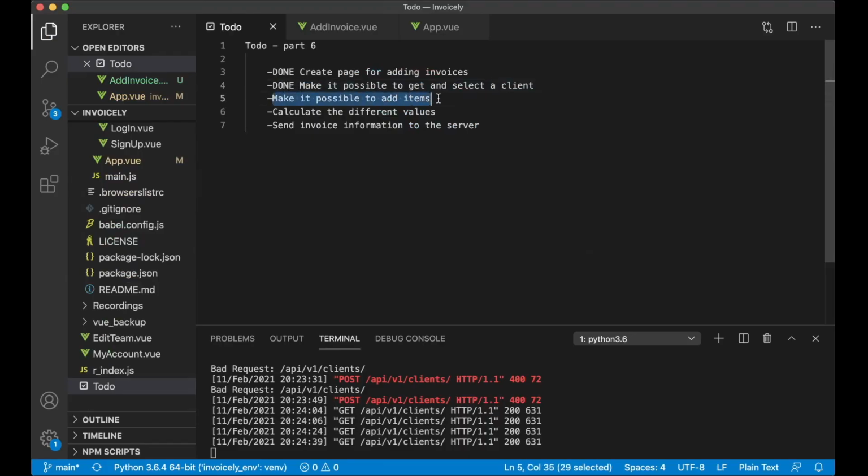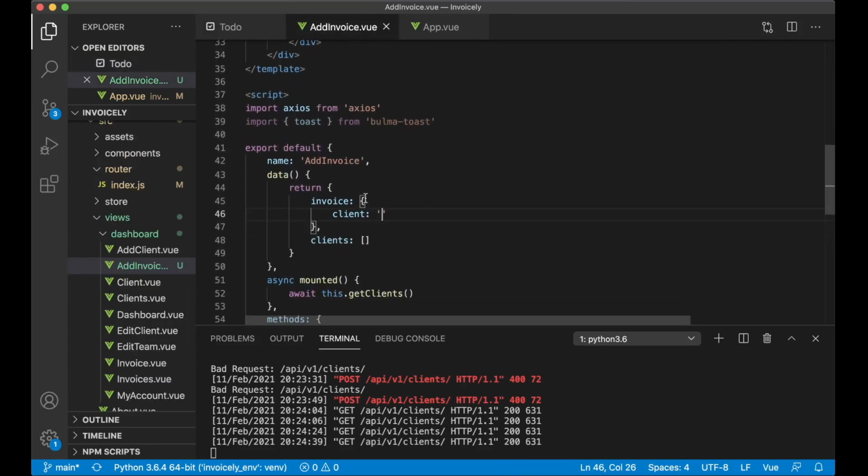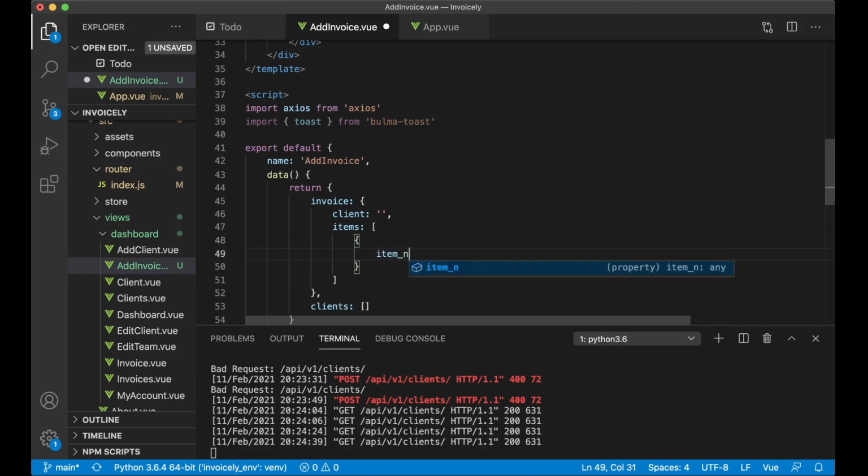Next, I want to do something similar, but now I want to make it possible to add items for the invoice. So if I just go back to this file again, and inside here, I want to create a list of items. So items, and I want to add one empty item. This is default. I want to set the item num to 0. This is just a unique ID for adding